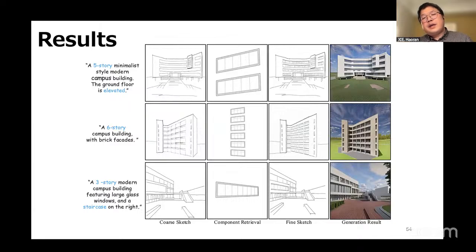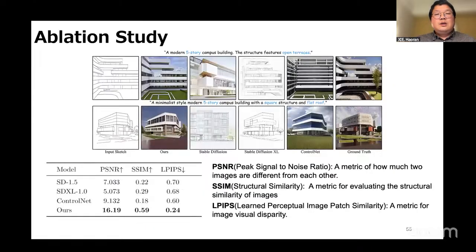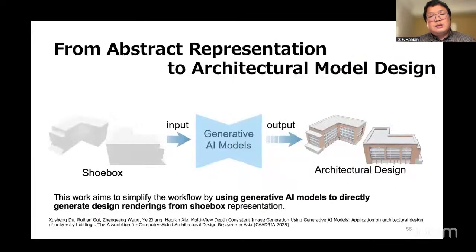So finally, we get a more accurate result. Here is some ablation study compared to text-to-image generation models. Basically, we get a more accurate result.